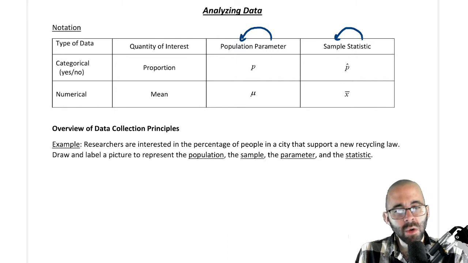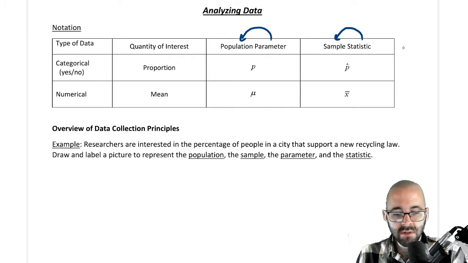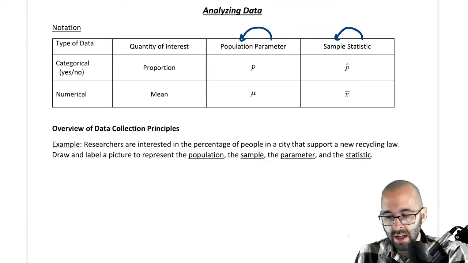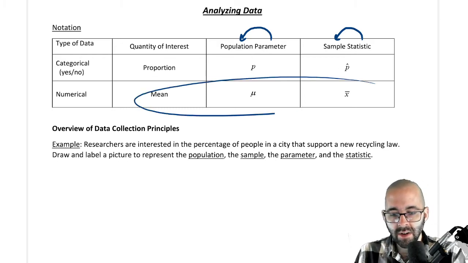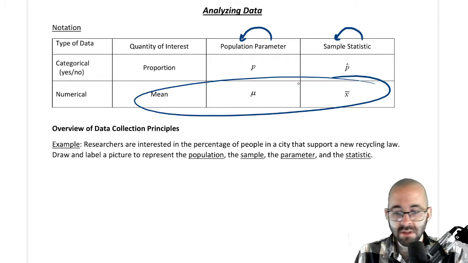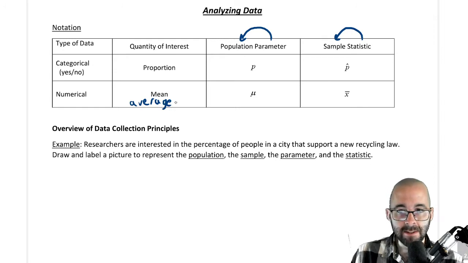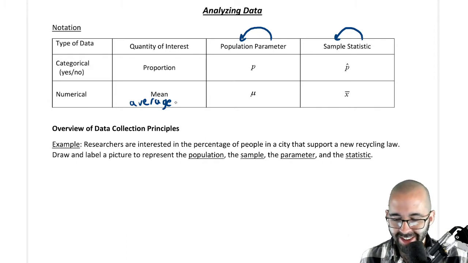Okay, so even though categorical data can sometimes be words or not numbers, when we're talking about analyzing data in this fashion, these are always going to be numbers right here. And these down here are going to be proportions, so a number between 0 and 1. And these down here are going to be means or averages. A lot of times we will say average instead of mean. We'll say mean sometimes when we mean average.